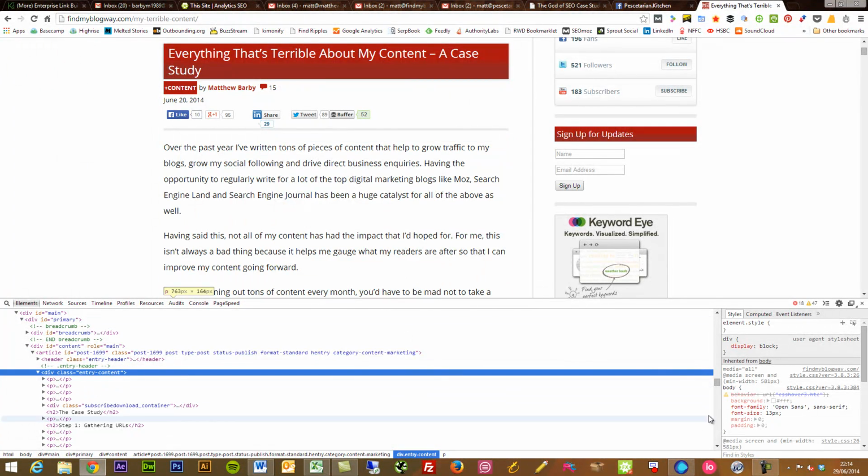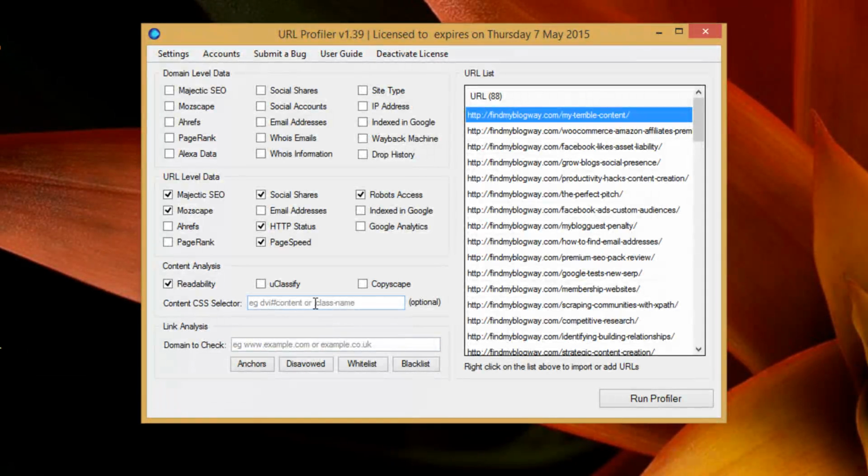So what I can go and do is open up URL Profiler again and put in class .entry-content, and for the content analysis it will only look in that bit of CSS, making it as accurate as possible, which is great. And finally, this is the backlink checker. So if I wanted to put in here findmyblogway.com, I can do a full link analysis of the site,